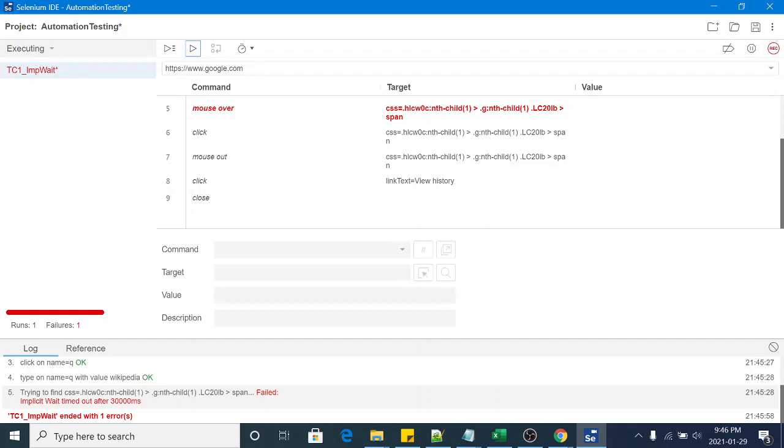But sometimes people get confused with the WebDriver implicit wait time. In WebDriver the default implicit wait is 0. In WebDriver you have to set that value if you want to use implicit wait. But in Selenium IDE you have 30 seconds of implicit wait, and you cannot modify the value of implicit wait in Selenium IDE. So it's good to know that in Selenium IDE the implicit wait value is 30 seconds, but don't get confused with WebDriver, where the default value is 0.